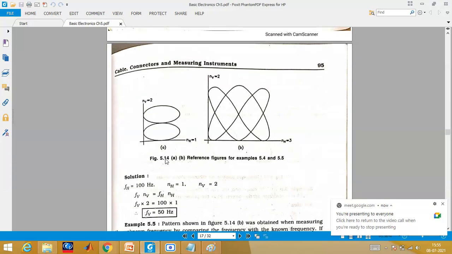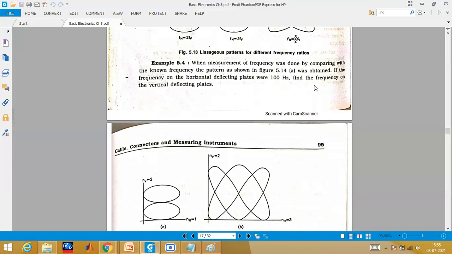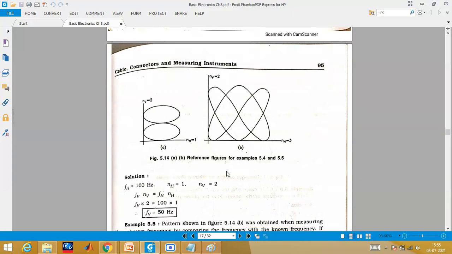See, and now they are asking you the formula in terms of frequency; they have also given it. Substitute it and then you will get it. We have the formula. FH का value वो लोग दे चुके हैं आपको. So now you just substitute the value also. FH they have given you 100. So 100 into 1, FV equal to 2. So if you multiply 100 into 1 is 100, divided by 2 is nothing but 50. So the right answer for FV is equal to 50 hertz.